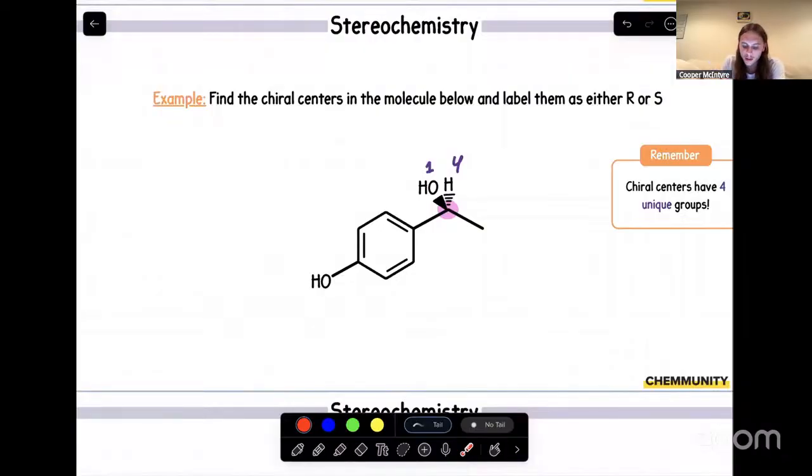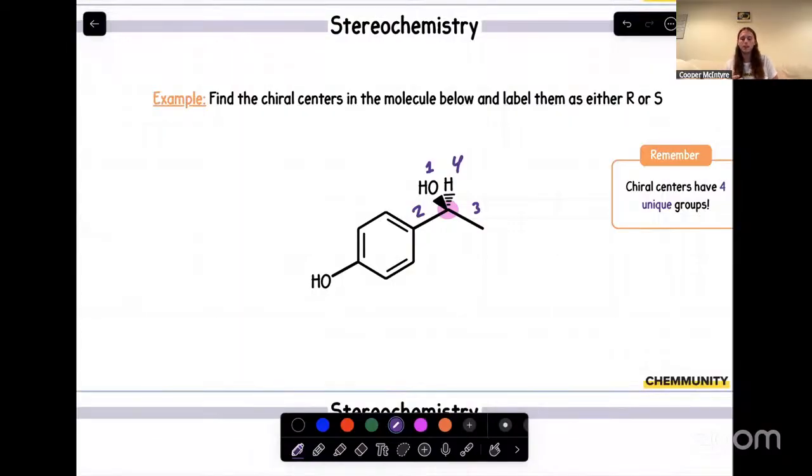And the best thing to do is to start at your chiral center and then just branch away from it and find the differences you have. So if we're looking at this group on the right, it's just a simple methyl group. But if we were to go off to the left, this carbon has a double bond, and it's also a lot more complex than it. And mainly because we have that double bond right there, this group will be our second priority, and then this group will be our third priority.